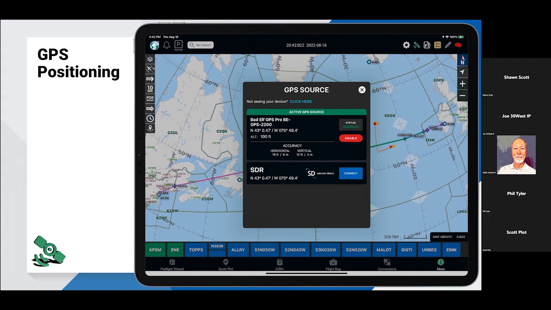The third source for GPS is the iPad itself. Now, depending upon who you talk to, some people rave that it's highly accurate, and other people will dismiss it out of hand. I find, based on feedback with customers, it depends on the airframe, even sometimes what side